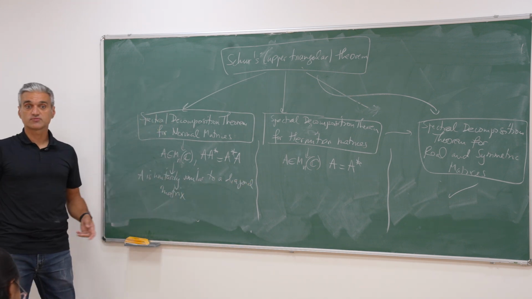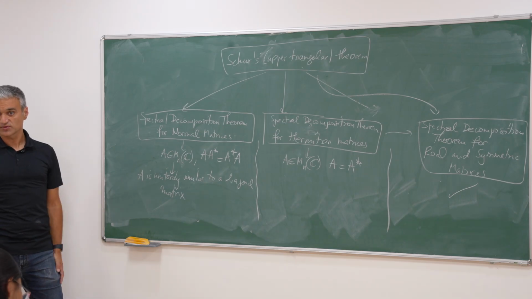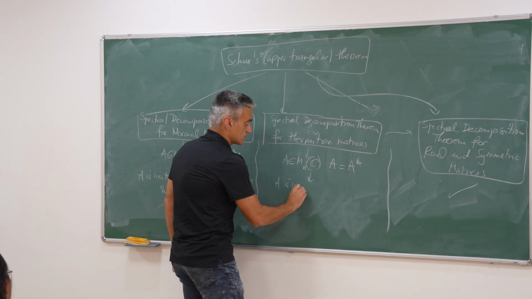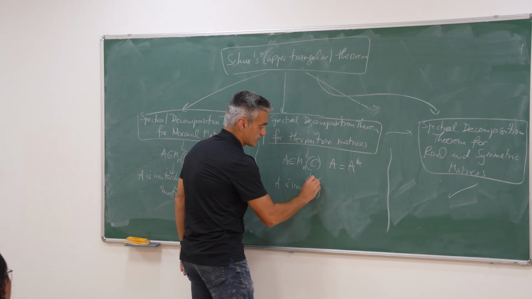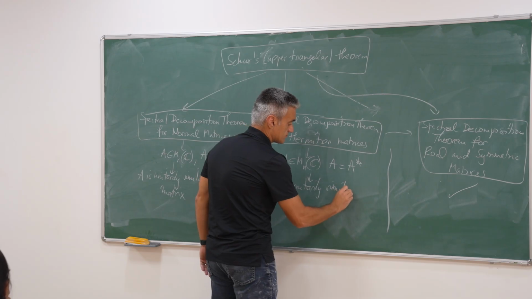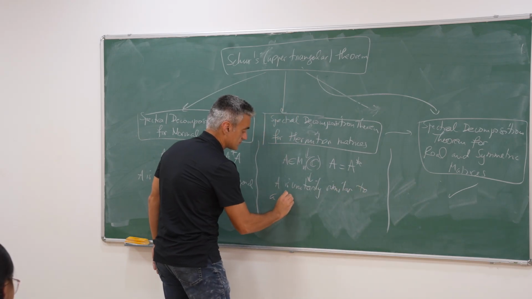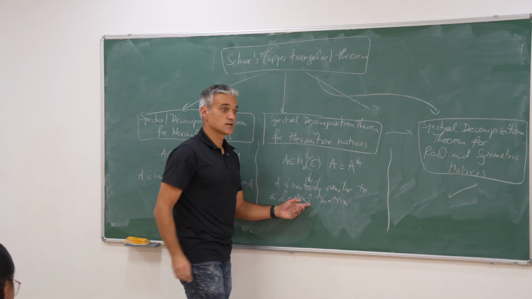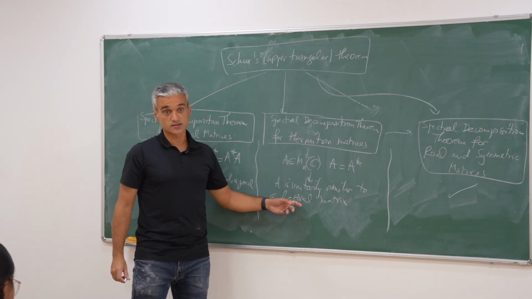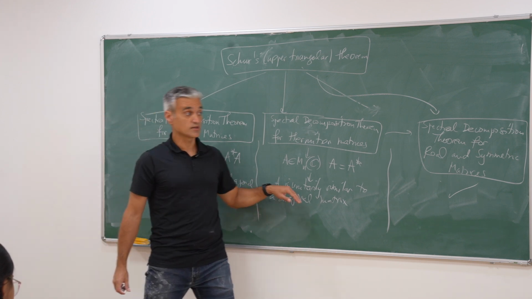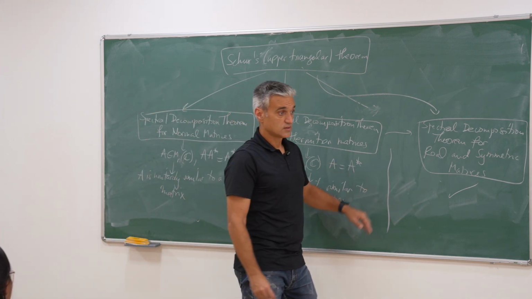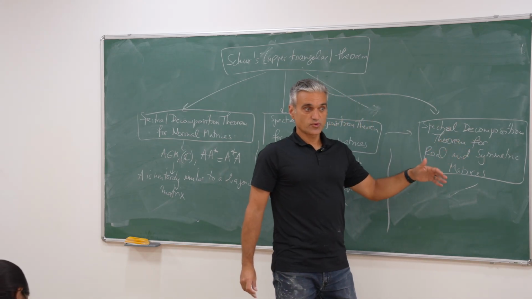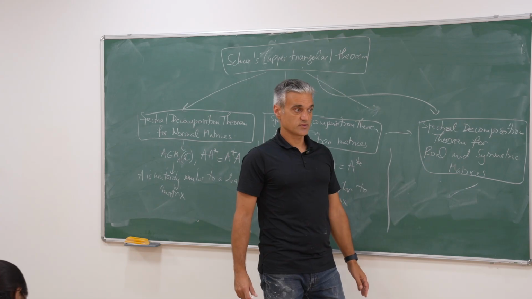and the diagonal matrix will have the eigenvalues, which are complex for normal. Now for Hermitian, A is unitarily similar to a matrix, and again on the diagonal you'll see the eigenvalues, and these will be real. Here unitary gets replaced by a real orthogonal matrix, which is the one formed by eigenvectors.